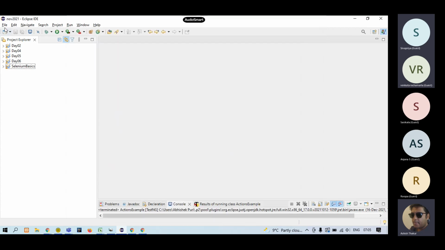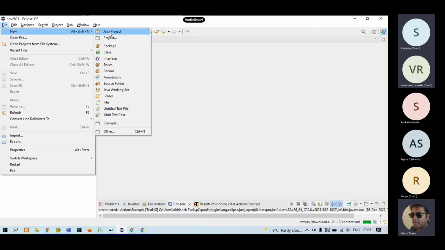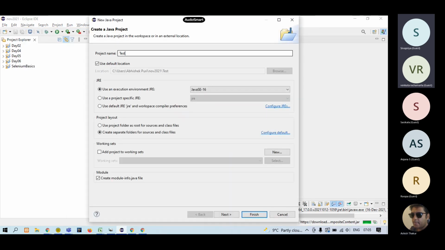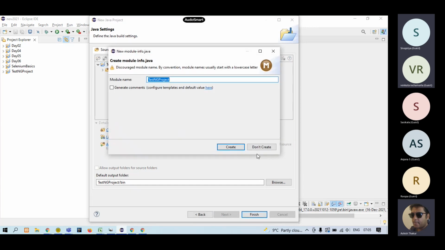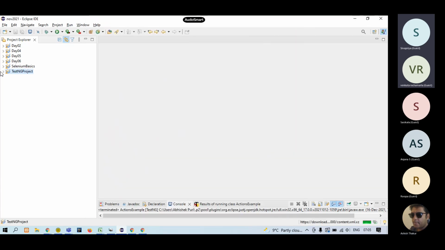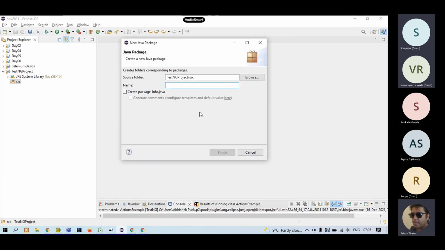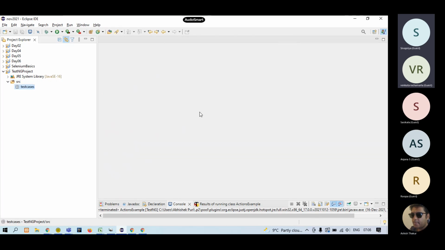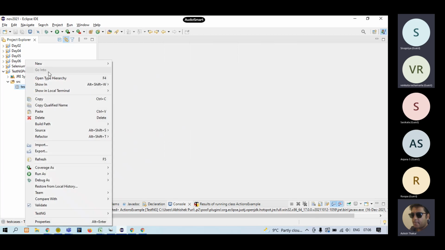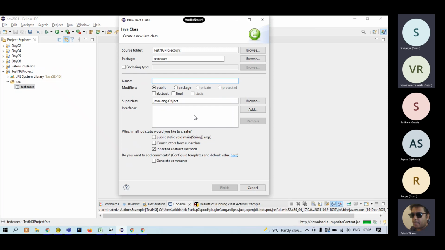So once you have installed TestNG, I'm just going to make a new Java project. I'll just call it TestNG project. This is the source folder. In this, I'm going to make a new package, test cases. Now, TestNG helps you to write test cases. For example, if I have a simple class known as